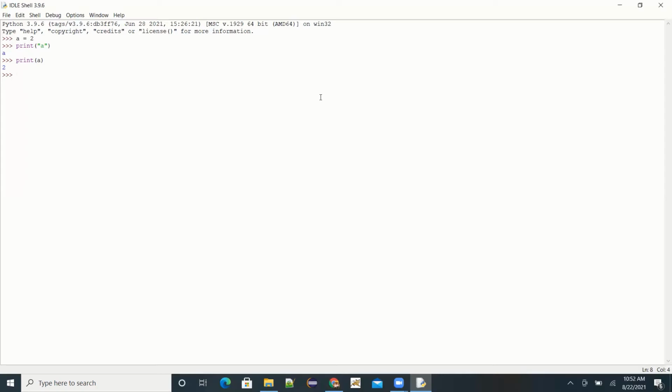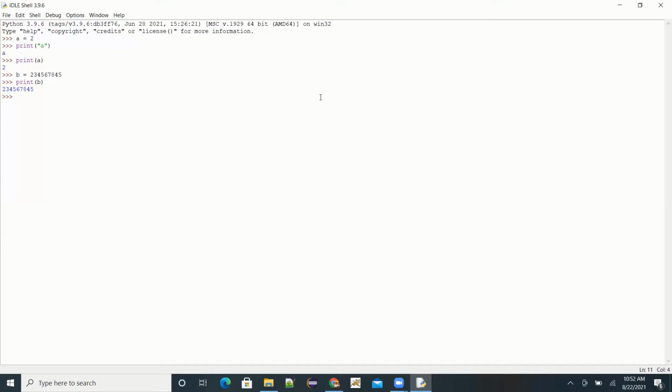Now we will be assigning another big integer value, say this one, to a variable b. Now if I print b, it will show me the value of b.